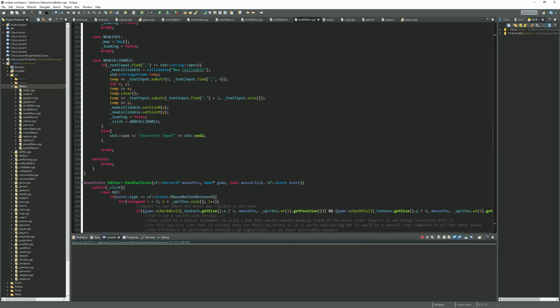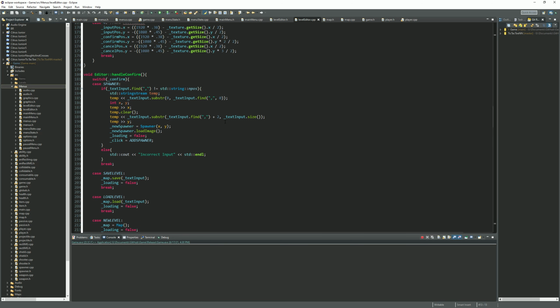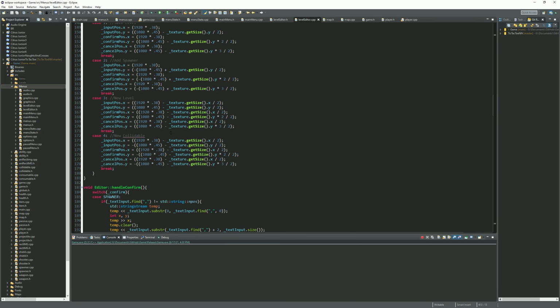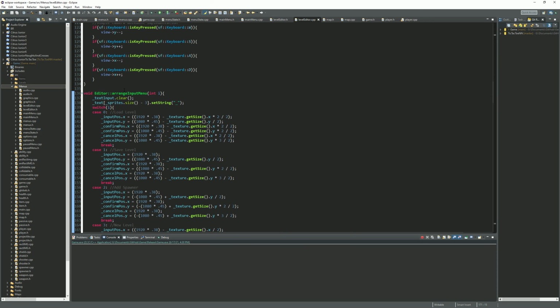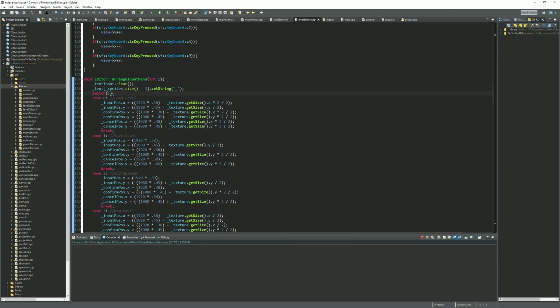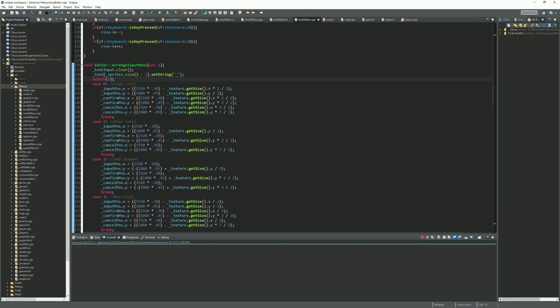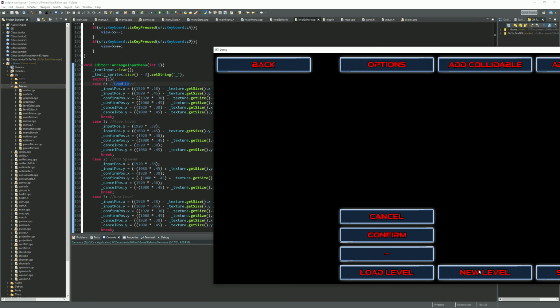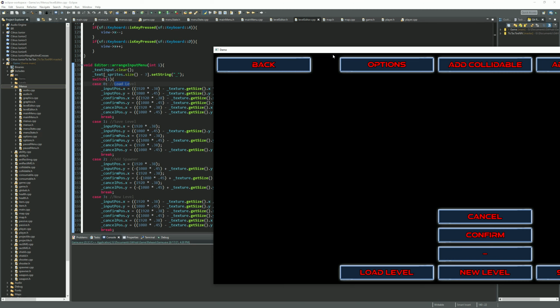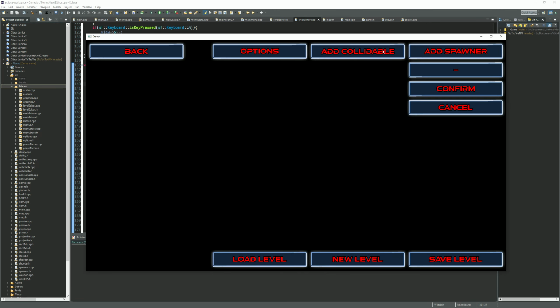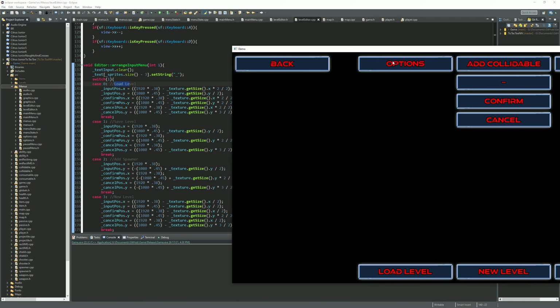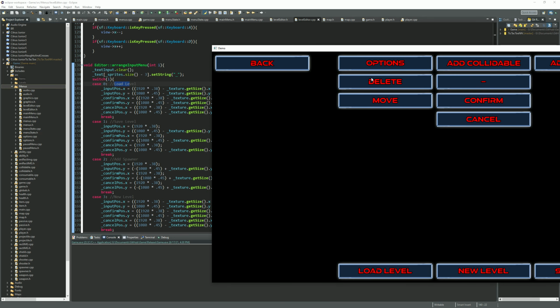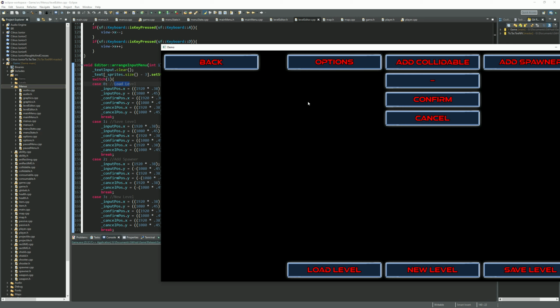Let's see. Find an example of that real quick. Oh, it's right here. I have it handled here. Arrange input menus. So this one does use a switch based on the ordering that it's in. So if I hit load level over here, it runs this code. If I run new level or save level, I have next. But you get the idea. It does each one. And then options is its own thing. You can move, delete things, but I don't have anything. But anyways,